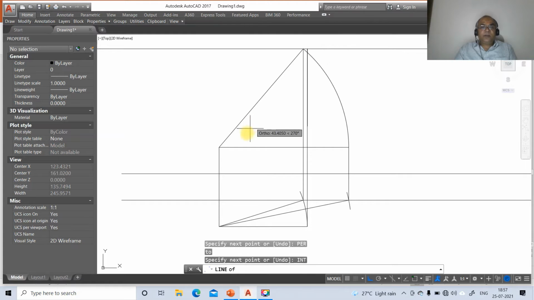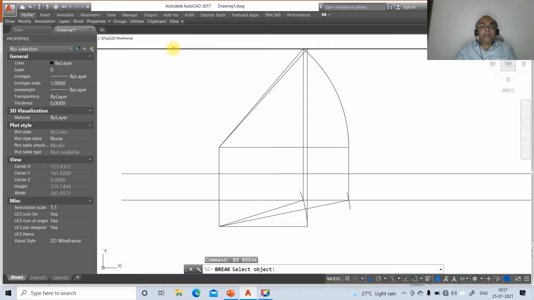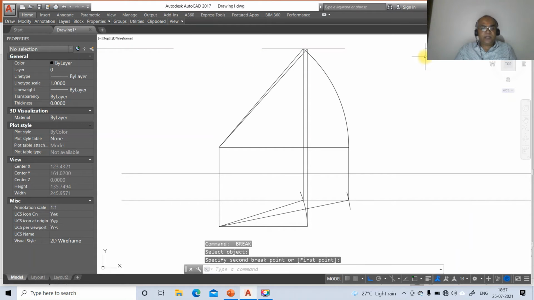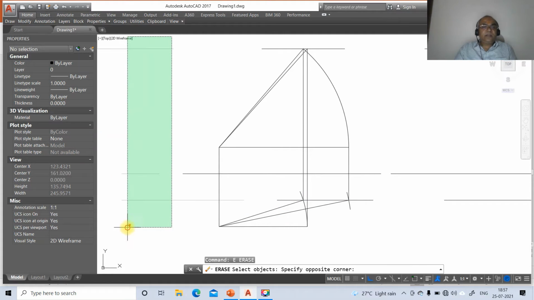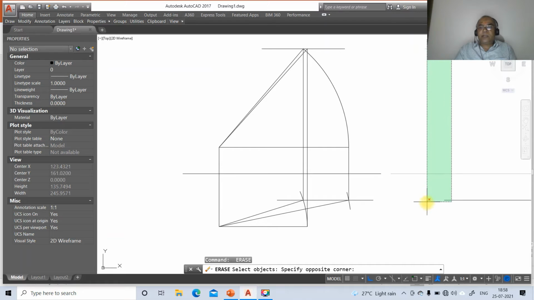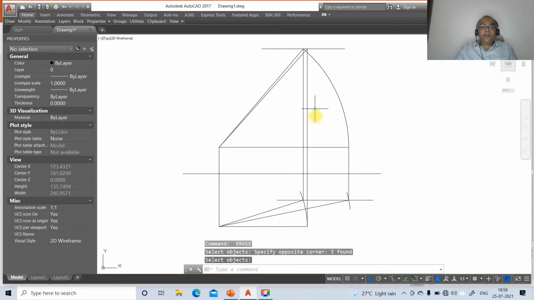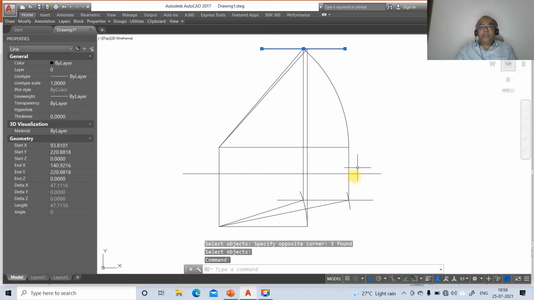So you get this arc, then go to line, take int of this and draw perpendicular to this, and then int of this. So now we have completed the drawing, and then go to break this line, locus line till here, and similarly from here you break this, and you take this xy line and break till here, and this xy line and break till here. Similarly this locus line, and from here you break this, and then go to erase these three, and similarly you erase these three.